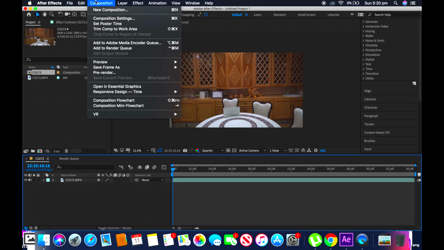Previously, we would just download QuickTime and the issue was fixed. But now things are not the same. Now you have to have the Adobe Media Encoder. So first of all, download Adobe Media Encoder and then